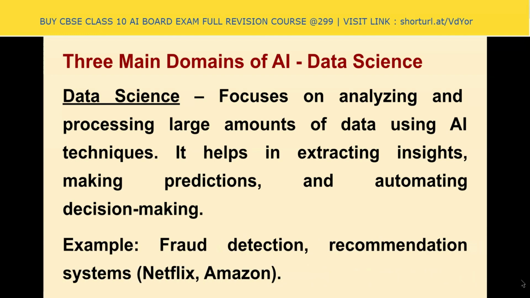Here, basically, there is a huge amount of data, and today every single minute and second, people are generating data. Using this data, we can make predictions and automate decision making. So basically, fraud detection in banking systems, recommendation systems, they use this data science branch to give you better decision making capabilities.